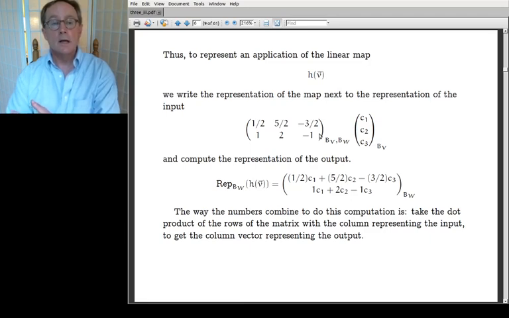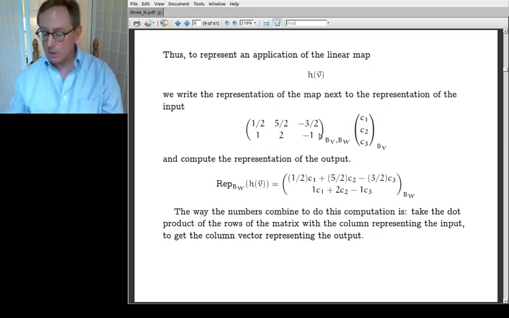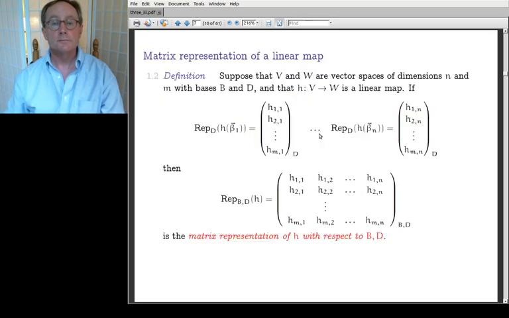Again, you take the dot product. Remember we defined dot product a couple weeks ago. You take the dot product of the rows of the matrix with the column representing the input, forgive me. And the result is the column representing the output. That's just how they combine. When you put down numbers and you do this combines with, and factor out the 2, 0, it's just how they combine. Okay, so we write this down as a definition,